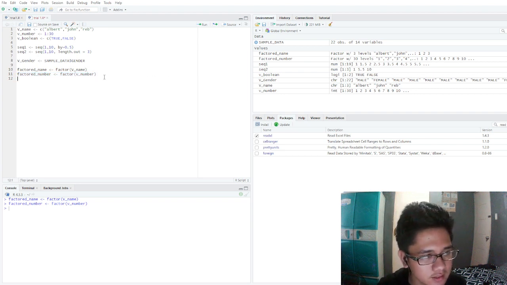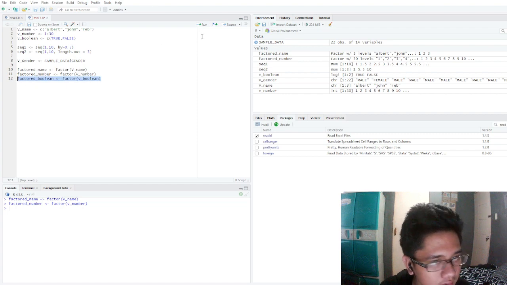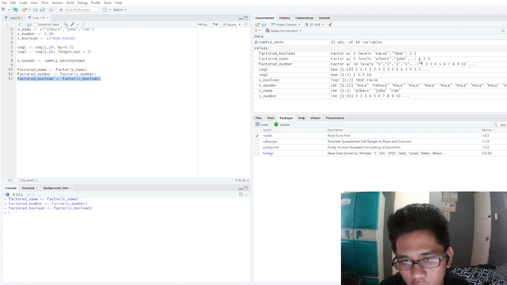Then let's factor the boolean. Factor boolean. Now we should run. Okay, we have the factor boolean with 2 levels.